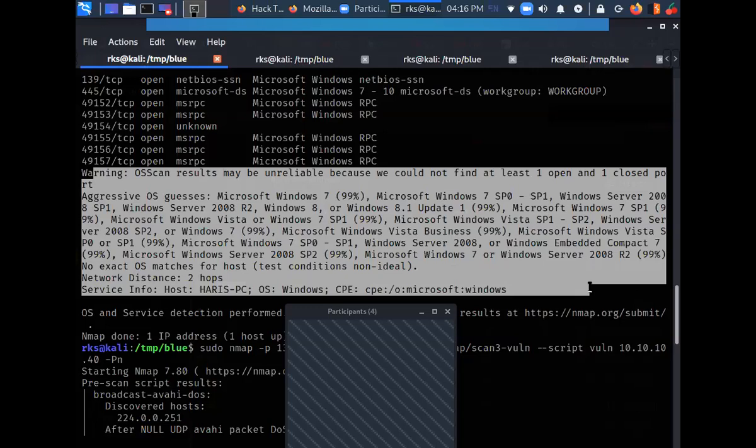The only point of using an OS detection scan is that we do not want to know the exact version or exact build of the operating system. We just want to understand whether we are trying to target Windows or Linux, because the exploitation is going to vary. That is our motive for using OS detection. We are not trying to identify the exact version here.